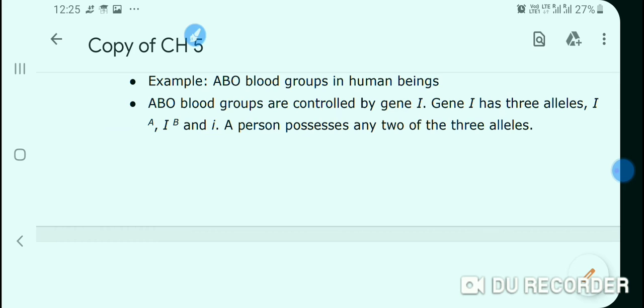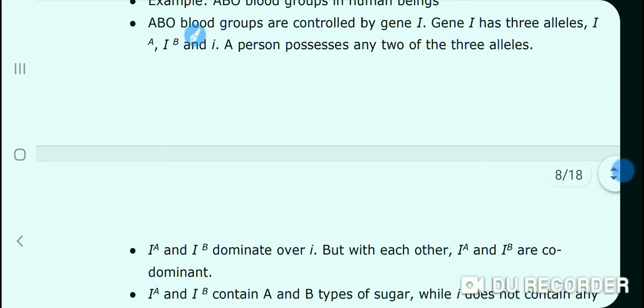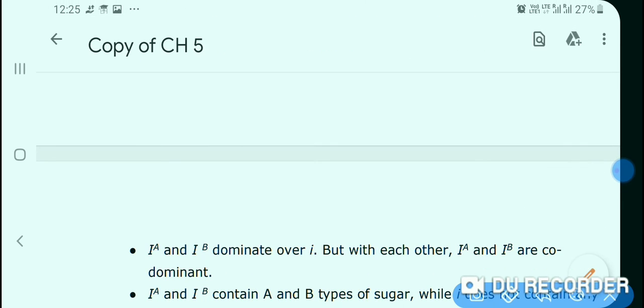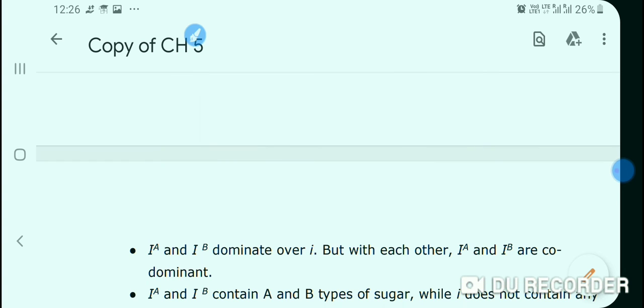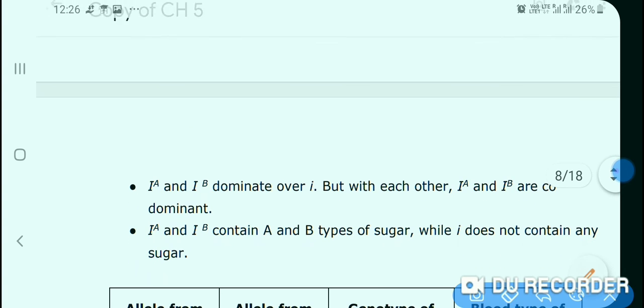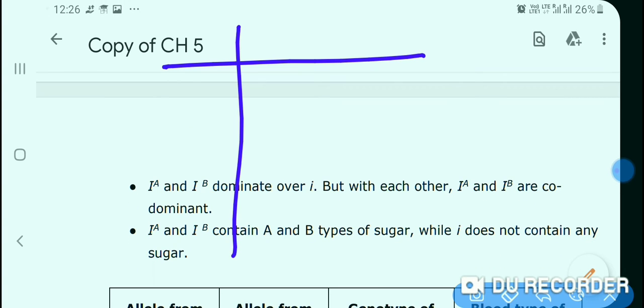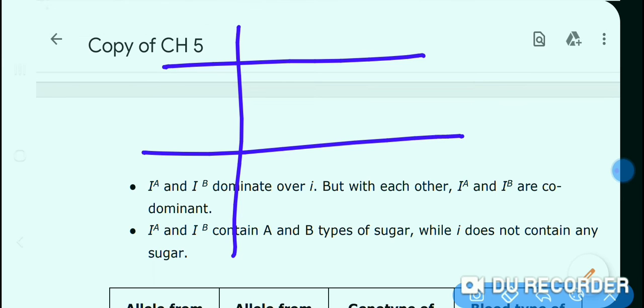Let us cross them. While we cross, we take the alleles after the slash. That means blood group A, blood group B, IA, i, IB, i. If we cross between them, you can take this type. This is IA,